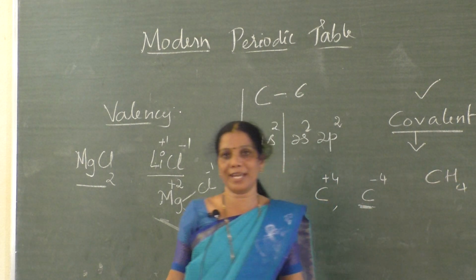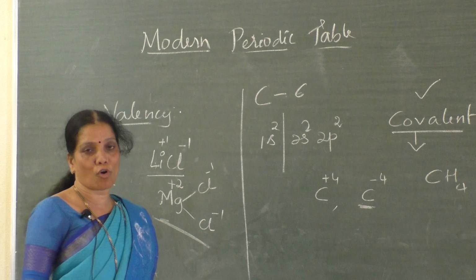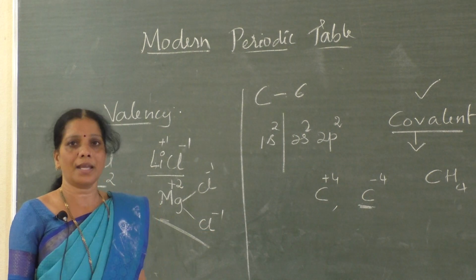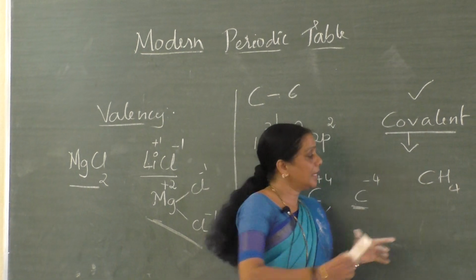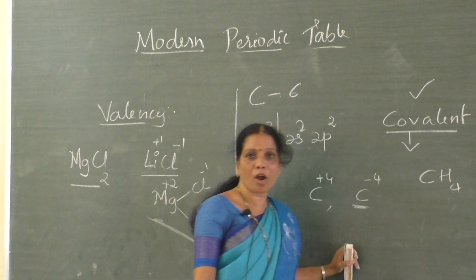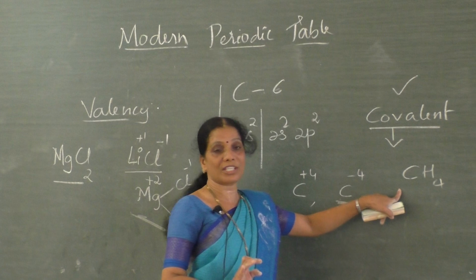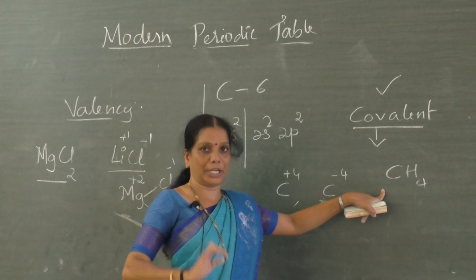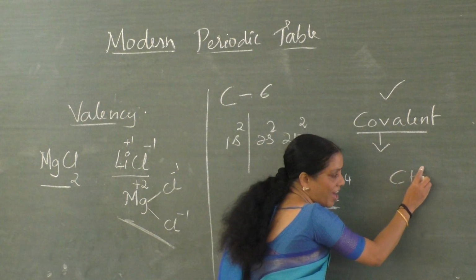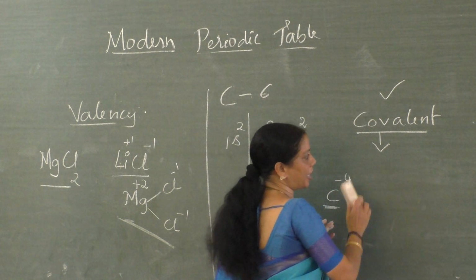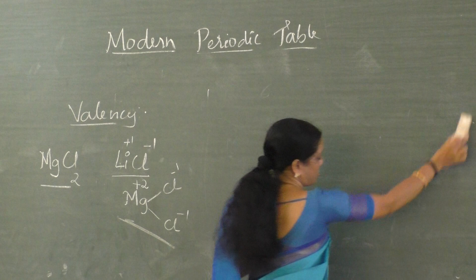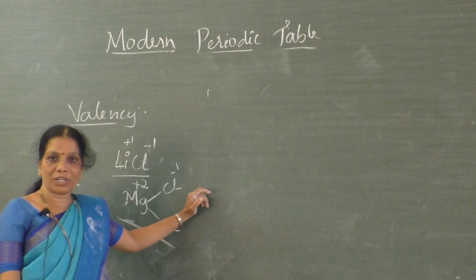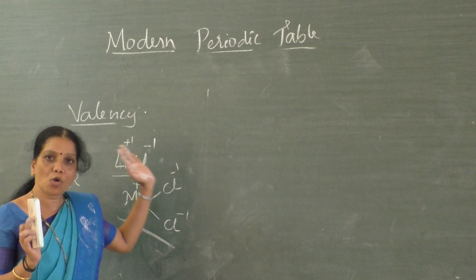See, the simplest example, if I consider CH4. You know the name, isn't it? What is that CH4? CH4 is methane, a simple compound of carbon that is called methane. Is this methane an ionic compound? No. Methane is always which compound? Covalent compound, because sharing of electrons takes place. Already you have studied about this sharing of electrons, nothing but a covalent bond. Follow, no, till here? You have studied about the covalent bond.